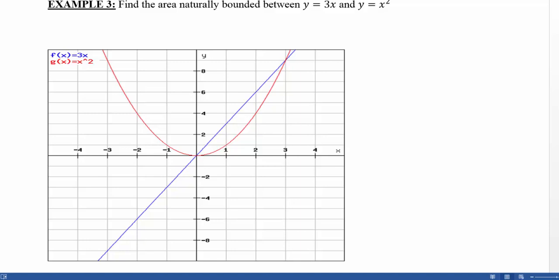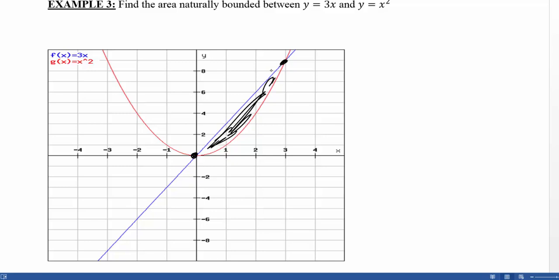So naturally bounded means that I'm naturally enclosed. So that happens in this little area here. That's the area I want. All the other areas on this graph would go on forever and ever, and I'm looking for the part that's bounded. So that means that in order to find my points for integration, I need to figure out where these two functions intersect, because that's going to be the points or the x values that I'm going to need to use for my integral. So I can look at the picture and have a pretty good guess, but if I want to do this